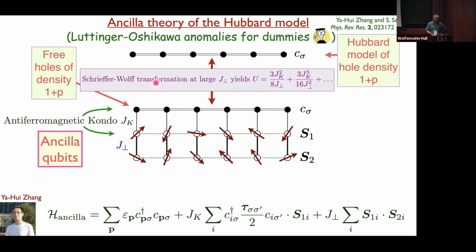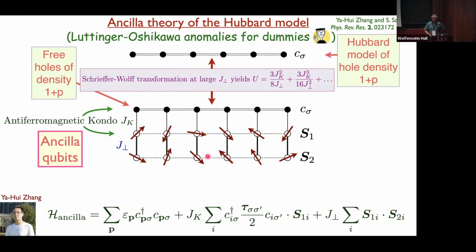And when you do that, you can show, and this is what we've shown, you get a Hubbard model for C, and this is the precise value of U to order JK squared, JK cubed, and you can keep going. Of course, at next order, you'll start getting intersite couplings and so on. But it's really possible to work this out. All right, so now we have this Hamiltonian, and we'd like to understand its structure.